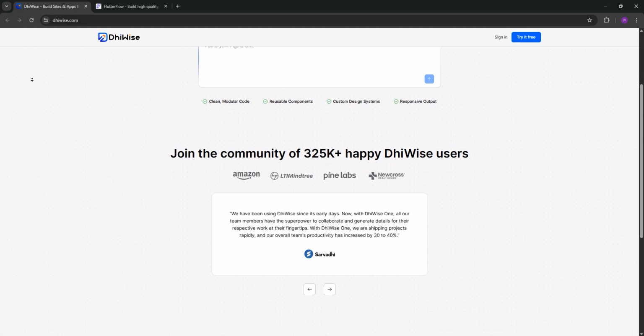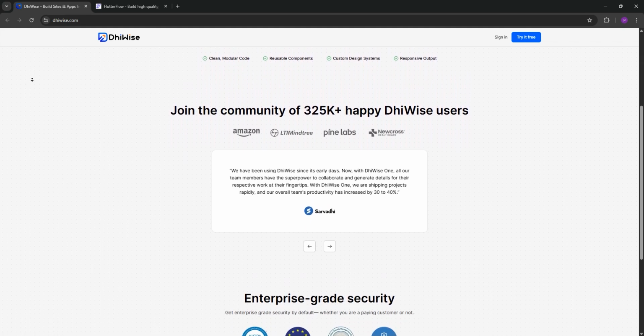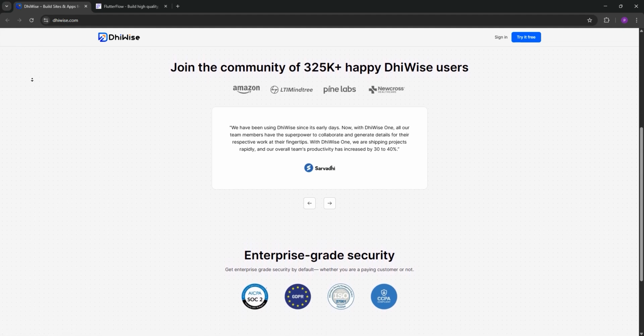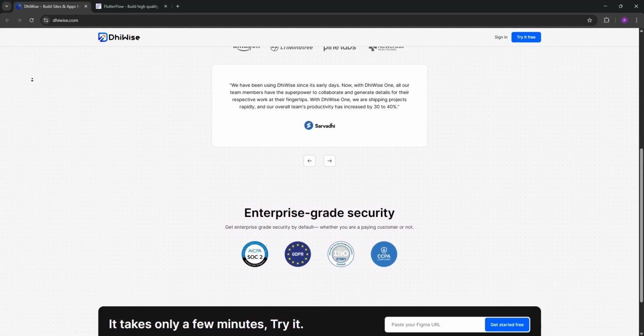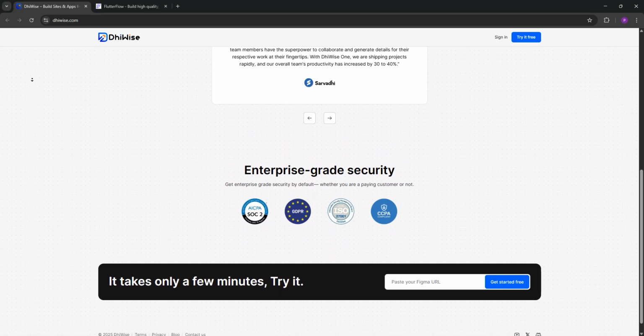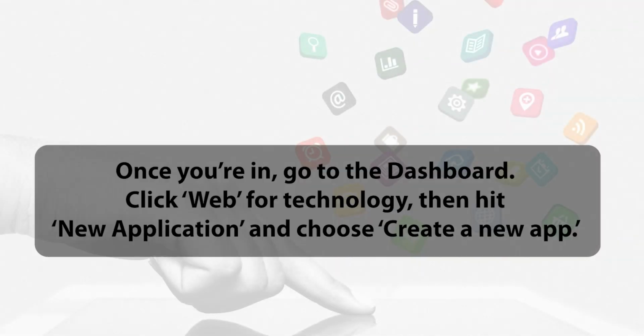Dhiwise is a simple tool that turns your Figma designs into React code fast. Let's get started. First, go to the Dhiwise website and sign up. You can use your Google, GitHub, or Discord account. It's super easy. Once you're in, go to Dashboard, click Web for Technology, then hit New Application and choose Create